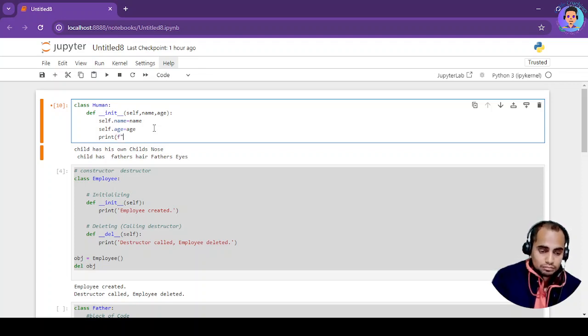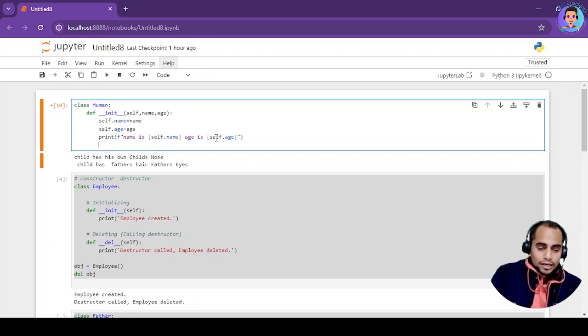double quotes f, name is, and then I'll put curly brackets, and then I will just copy this, I'll paste it, then I will close this bracket, then I will give age is, then I will put like this, age is, and then I will say self dot age into the curly brackets. Okay, into the curly brackets, and then I will complete the double quotes, and then I will hit enter once